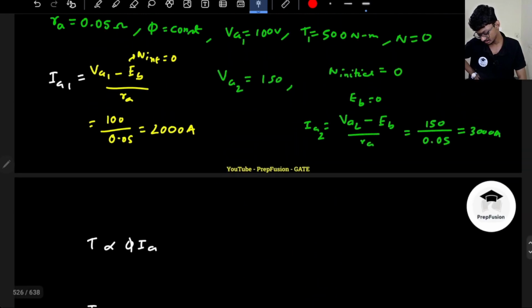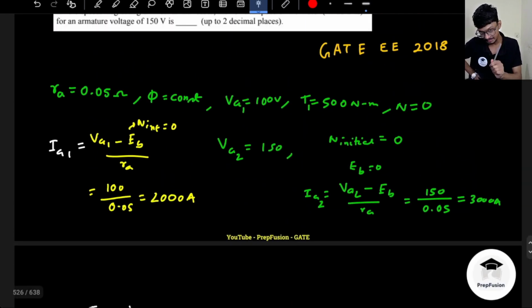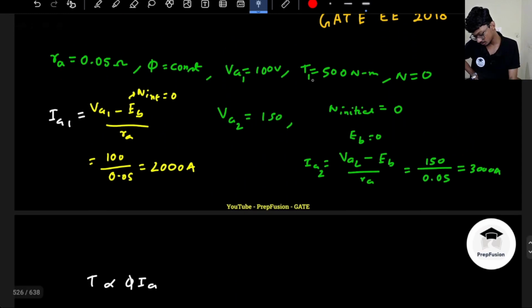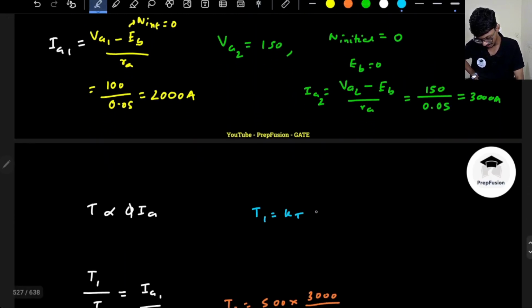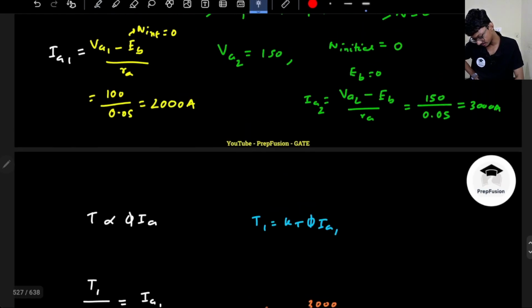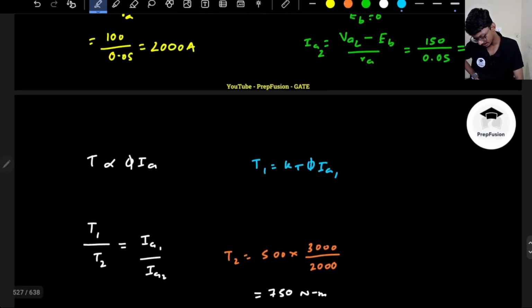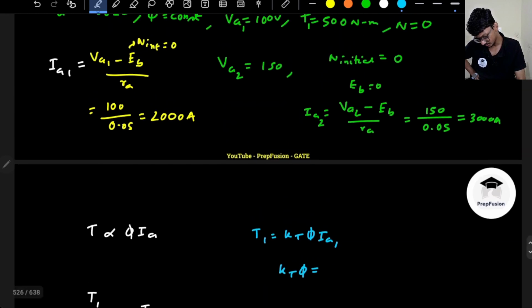So in the first case, like there is a mistake in here, I will discuss that, don't worry. So in case 1, this was my torque. I can write my torque T1 as Kt into phi into IA1, and I had already found my IA1 current. IA1 current was 2000 amperes. So from here I can directly find out Kt into phi, because Kt phi will not change because it is a shunt generator. Terminal voltage will not change, so Kt phi will not change. T1 torque in the first case was 500